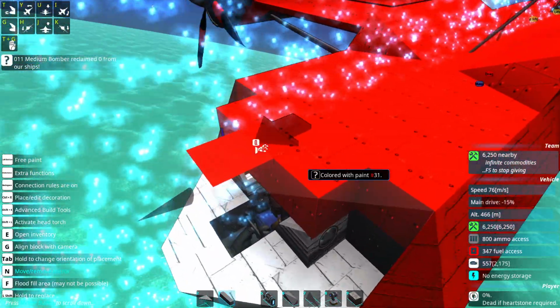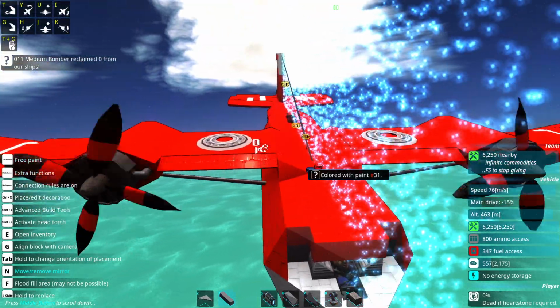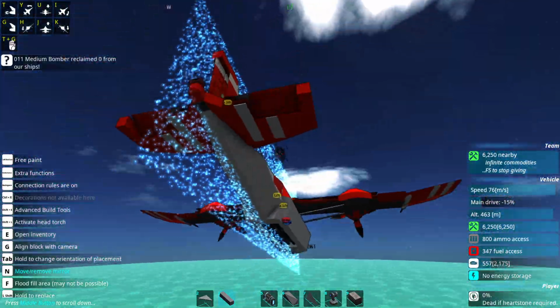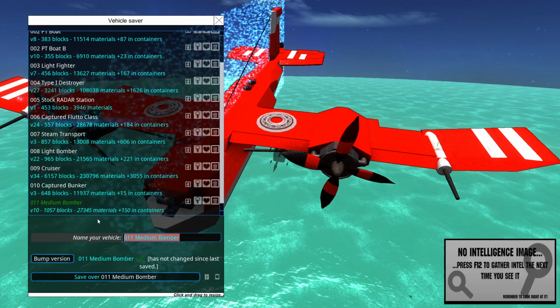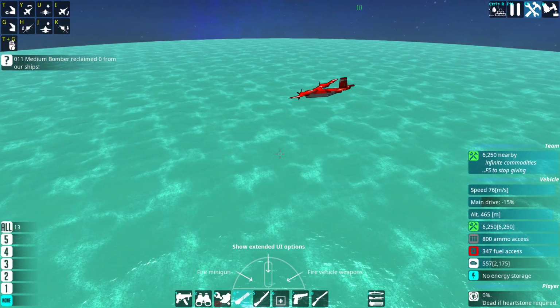Window. Let's clear that red bit. We probably do want... I guess we'll leave it transparent. Yeah, I think that's pretty alright for the colour scheme. Yeah, there we go. Our medium bomber. But of course, we do have a few more things to do first. First of all,